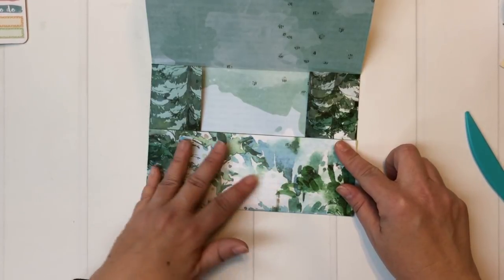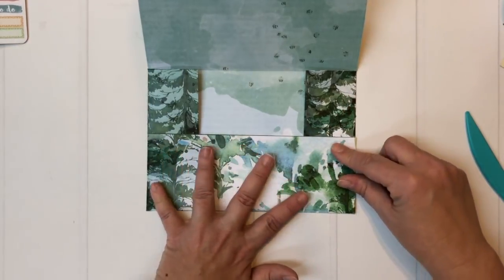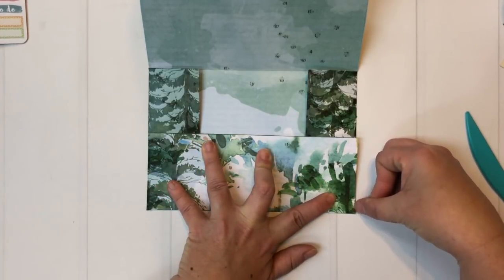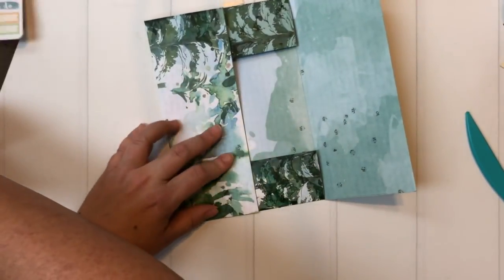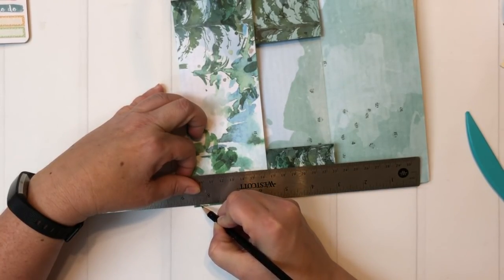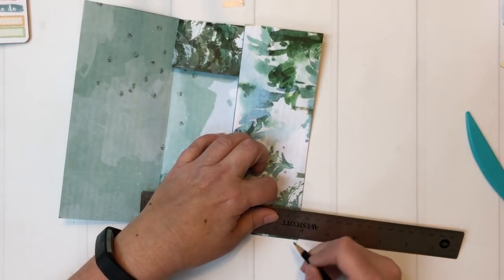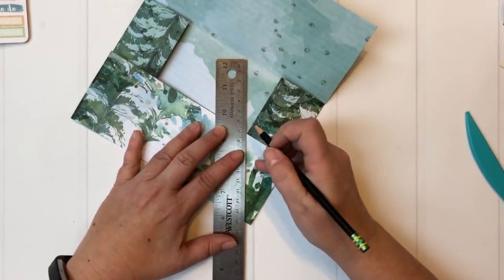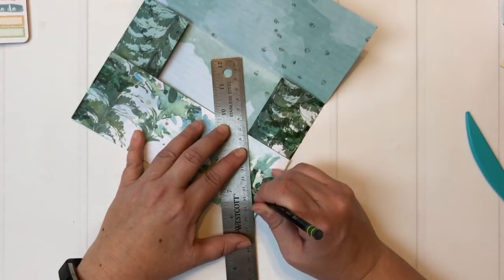I think what I'll do is I'll angle, how do I want to do this? I think I'll go from this point down to just about maybe a 1/4 inch up from the corner, and the same thing here and here. So I'm going to measure up a 1/4 inch and make a little mark. Hopefully I can see it against this pattern. Same thing here. Ooh, that's in a dark spot. And I will draw a line right to that corner, like that,